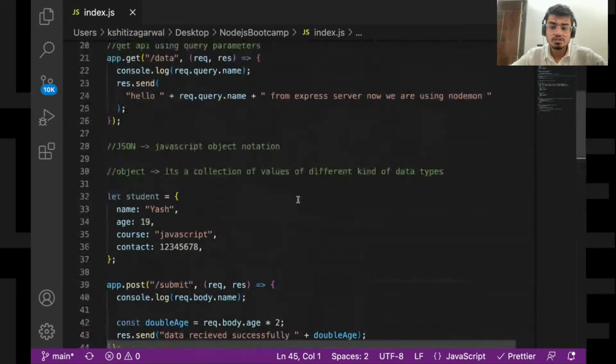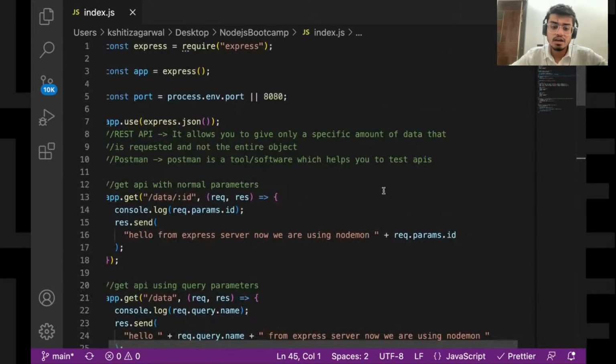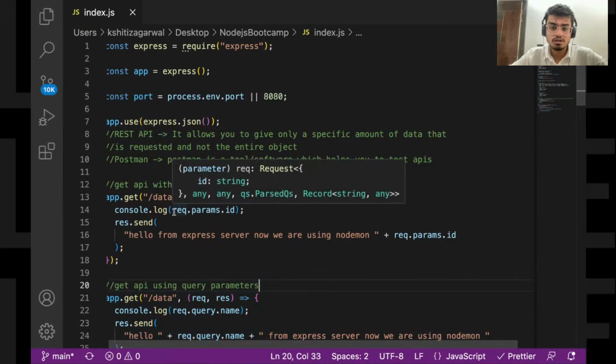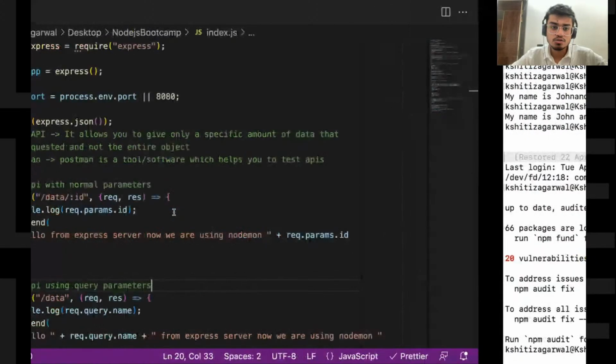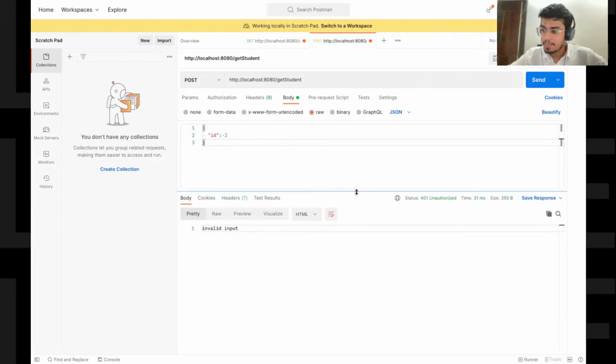I hope that was clearly understood yesterday itself. And then I also told you about Nodemon and how to install it. Again, it was a package which we installed using npm. And then I also told you guys about Postman, which was an API testing tool. So that we installed, and we were using Postman to test our APIs. Okay, so I hope all these things were clear.